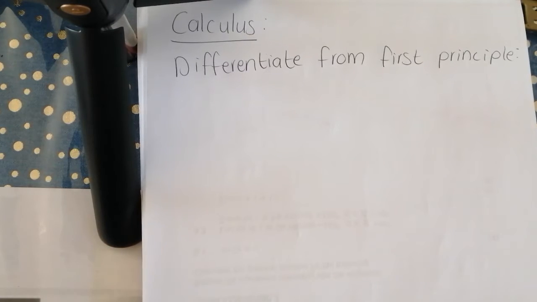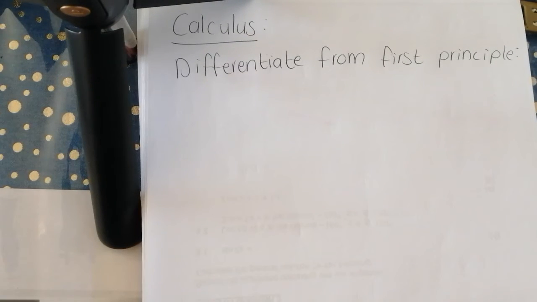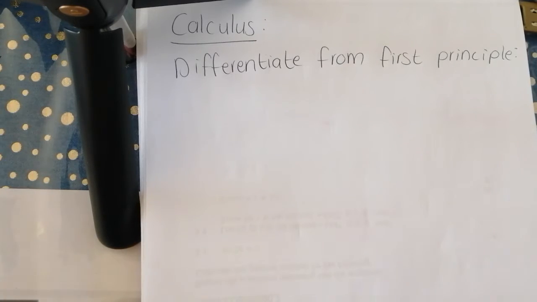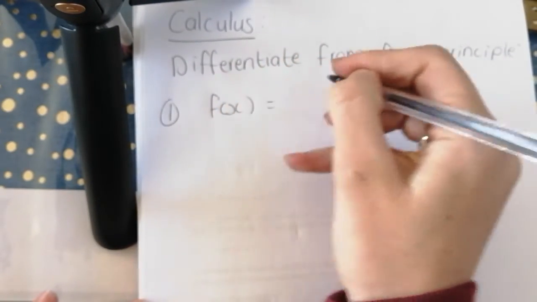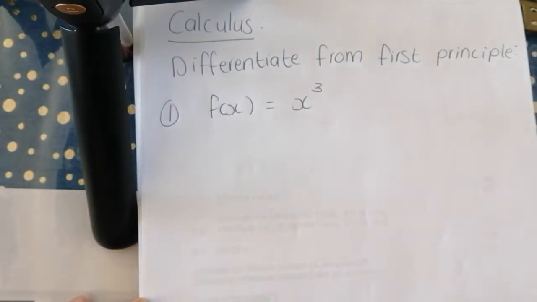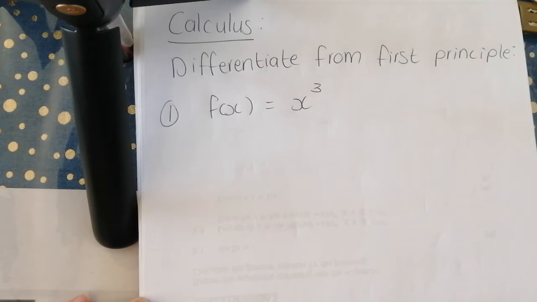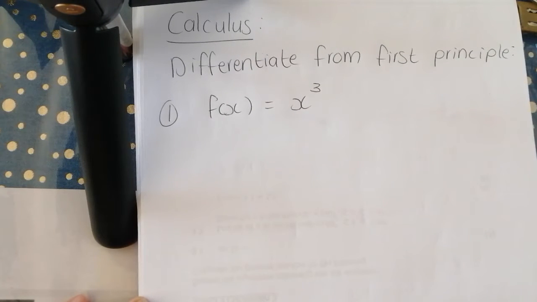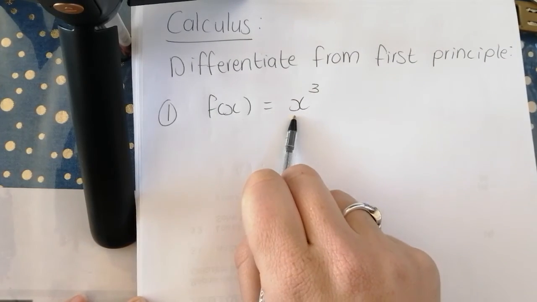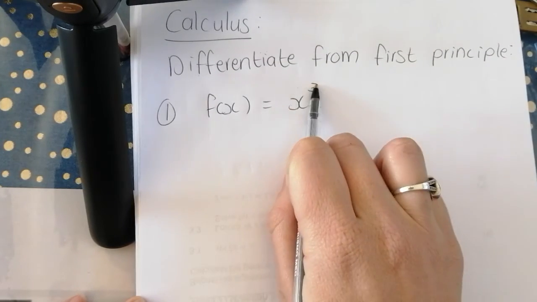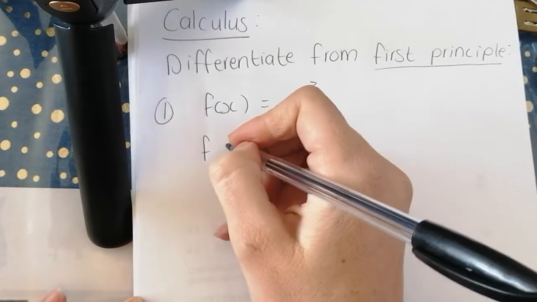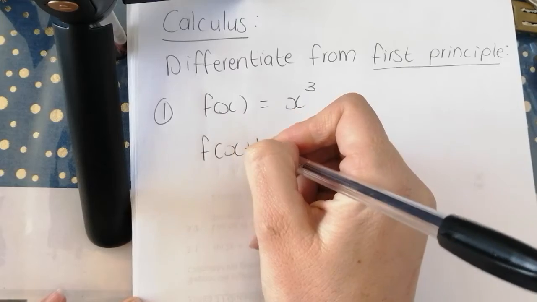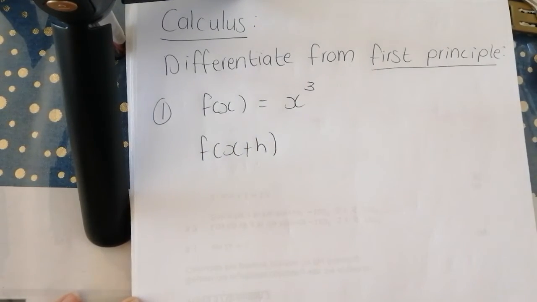Hi guys, okay, so here let's do some calculus and we are going to differentiate from first principle. So if I give you a few examples, like firstly, f of x is equal to x cubed, and I ask you to differentiate from first principle. Remember, f of x is equal to x cubed. So if we do from first principle, we are supposed to calculate f of x plus h first before we